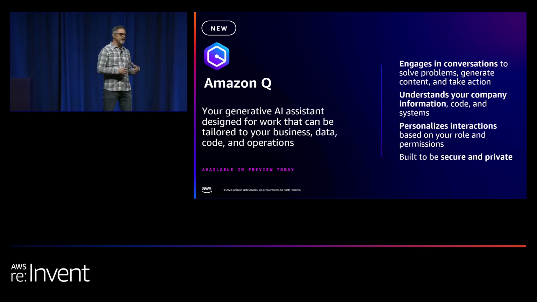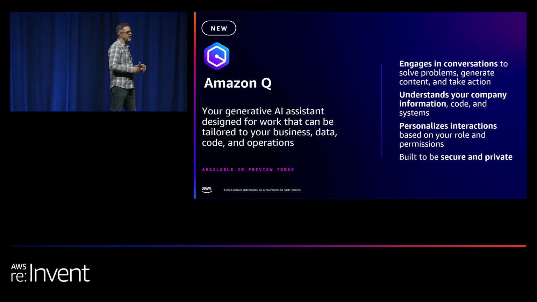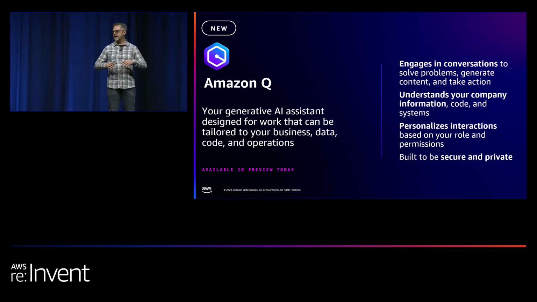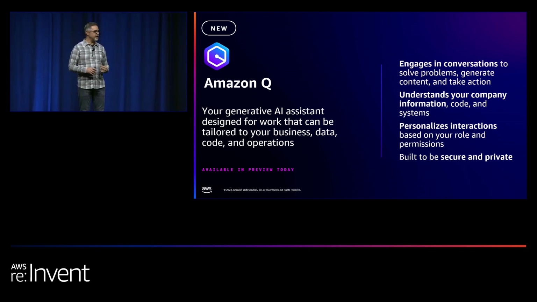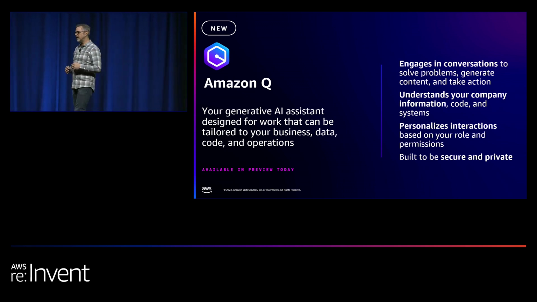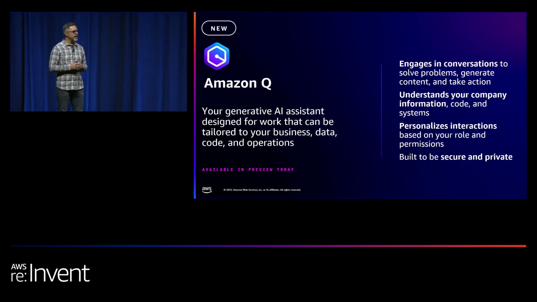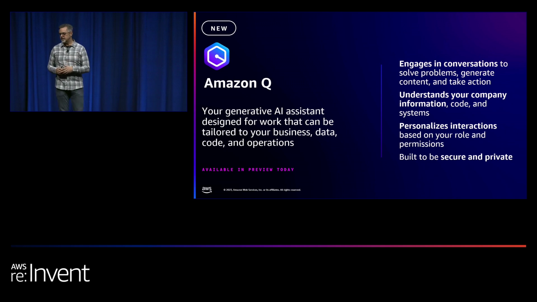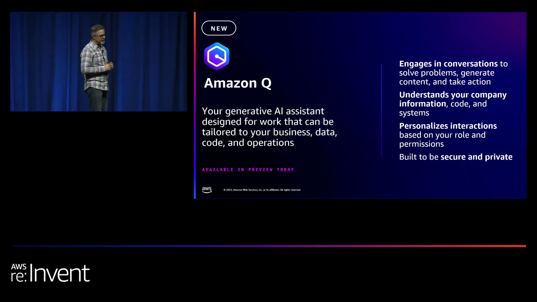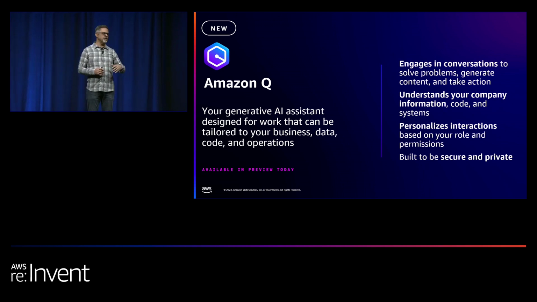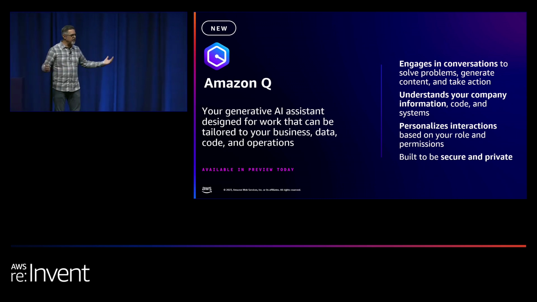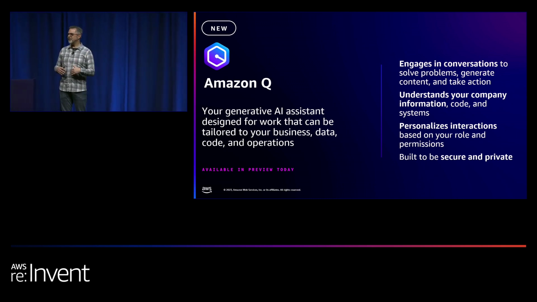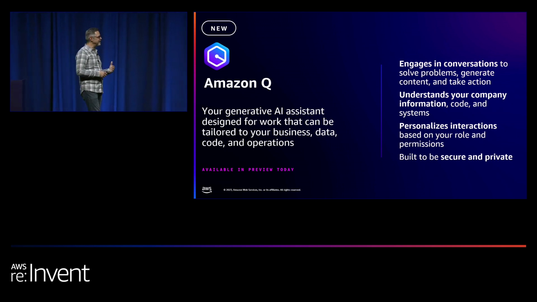this experience. Q, Amazon Q, is our generative AI assistant that spans all the touch points for how you will work with AWS. Whether you're in your code editor writing code for the applications you're going to run on AWS, you're in the console working with the resources in your account or learning how to use different services, or you're working with your business information, which is out of scope for this session because we're here talking about developers, but the Q business capabilities to understand all of the information in your enterprise and how you work with it. So if Q is this great assistant that spans all these places, how do we integrate it into our developer experience? That's the part that's really fun.